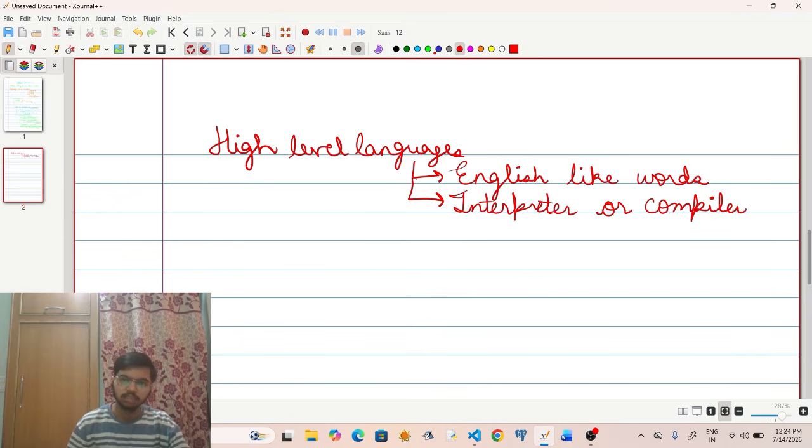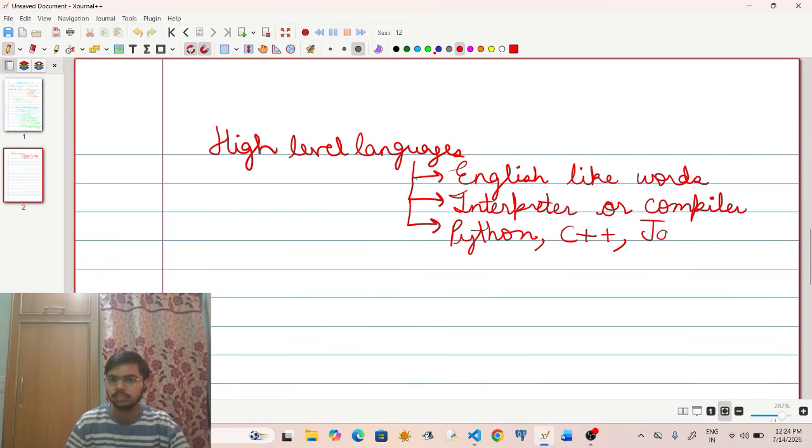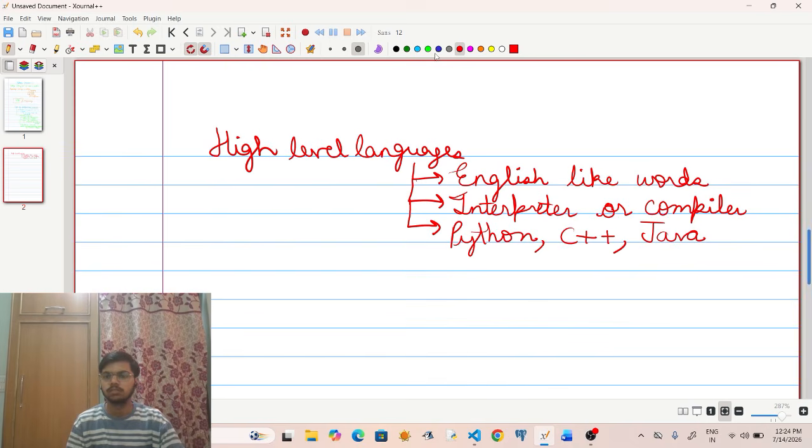Now, the examples of high-level languages are Python, C++, and Java. These are the examples of high-level languages.